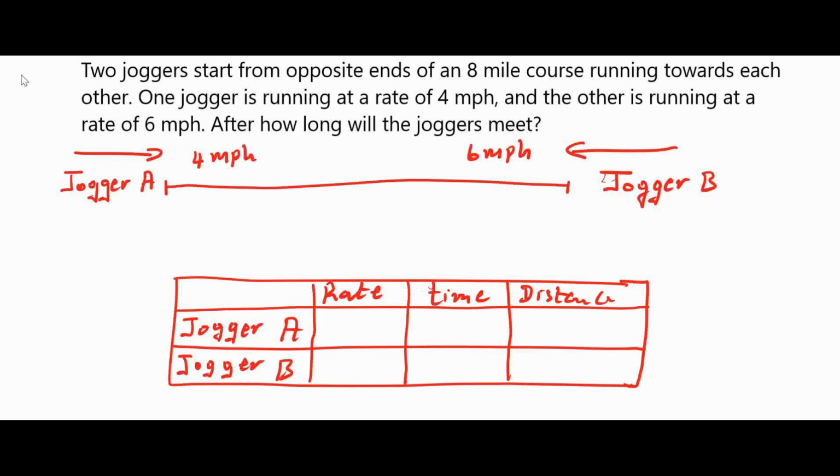So jogger A is running at the rate of 4 miles per hour. Jogger B is running at the rate of 6 miles per hour. So they spend the same time,